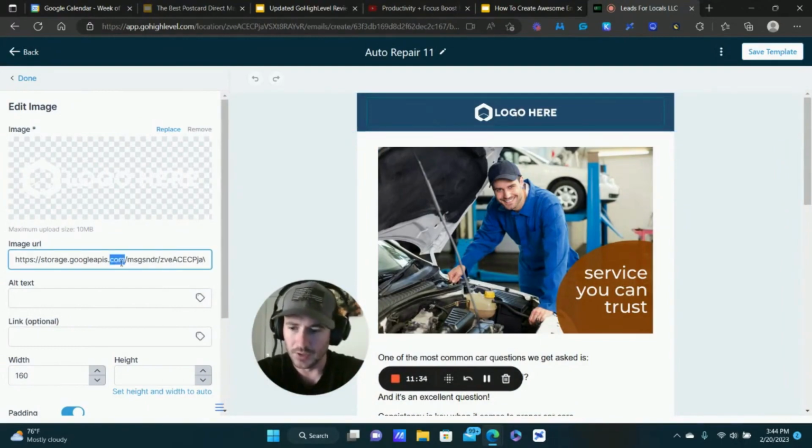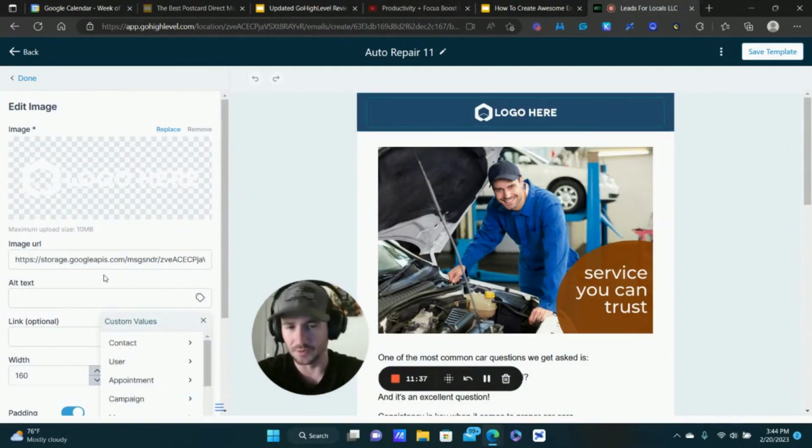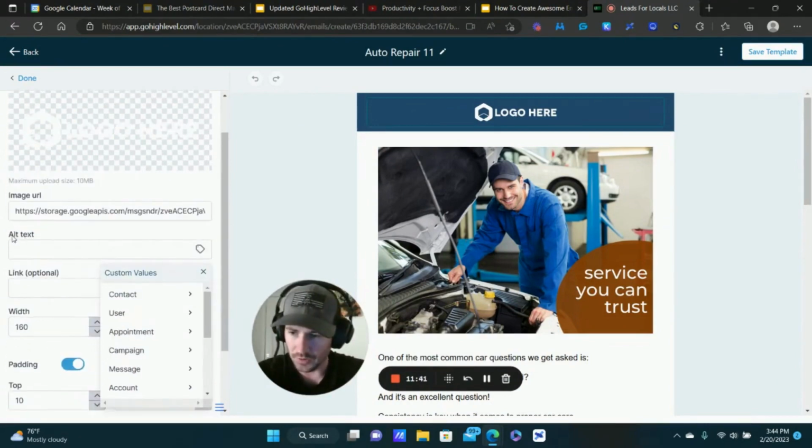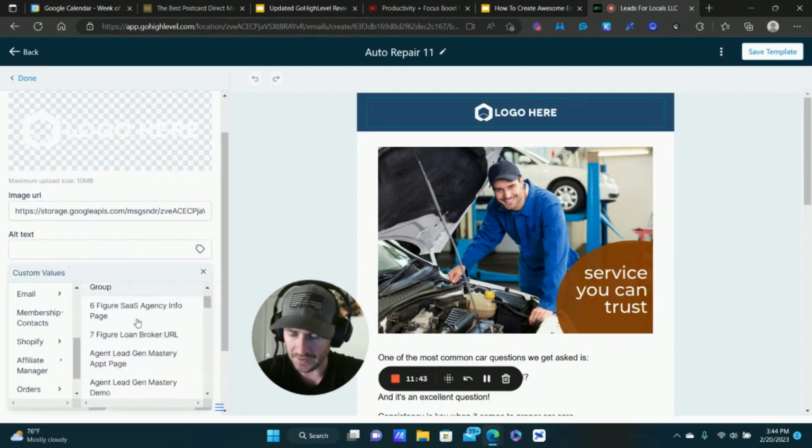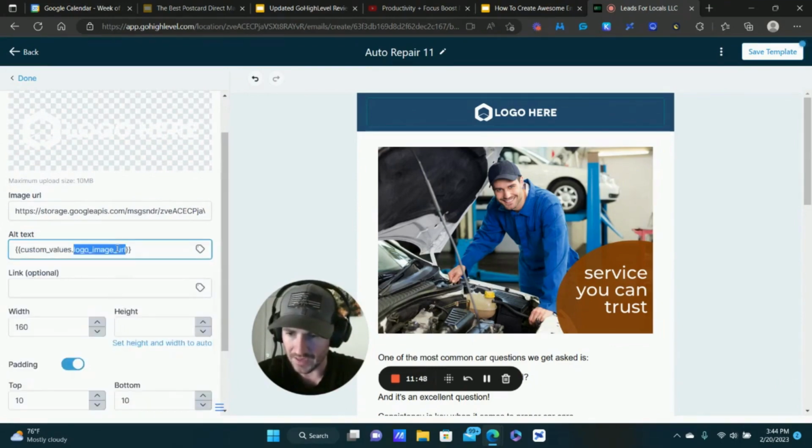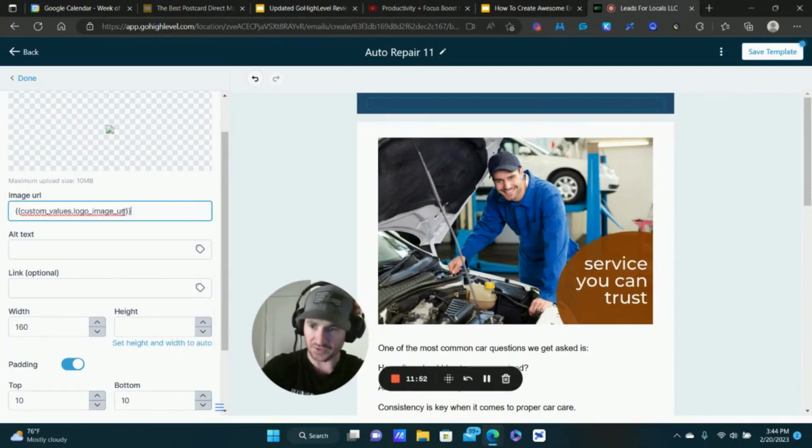And what we want to do is, where it says alt text, so we don't have to go back, get the custom value, copy and paste it. I'm going to click on alt text here, go to custom values and find the logo custom value that I have. And then I'm going to copy that, delete it,